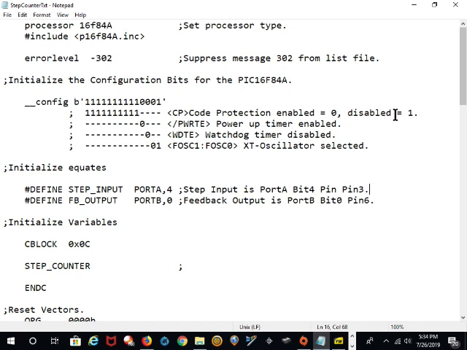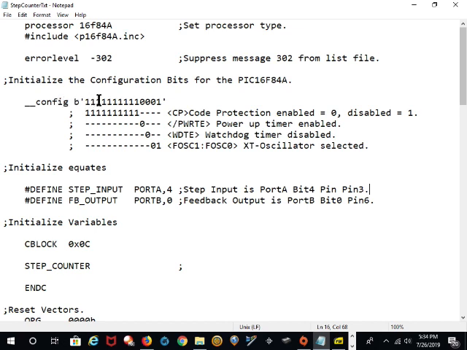A remark is a very, very powerful tool when you're programming, because in 10 or 20 years when you go to look at this code, you're going to wonder, what in the world was that all about? But if you have a remark, you can say, oh yeah, I remember doing that and why I did it. So the configuration